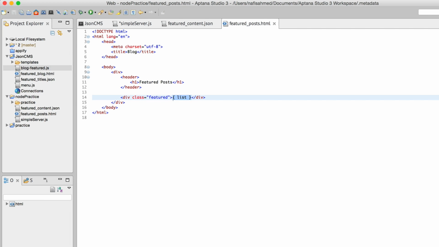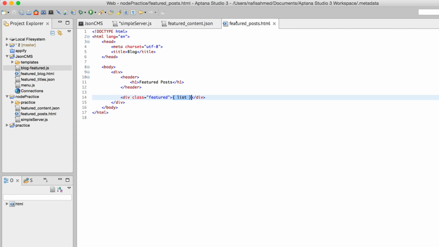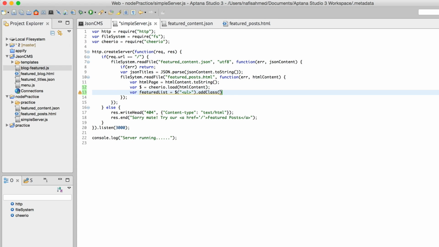So the DOM will actually place that new UL or unordered list element inside this handler. So we are now going to do that. Before we do that, we will add a class, and I'll explain why I'm adding that class, because that's required for the styling. And there's another trick that's coming up, but the browser will actually think that this is coming from this HTML template, but necessarily it's actually coming from this JavaScript file. So let's call this featured list,